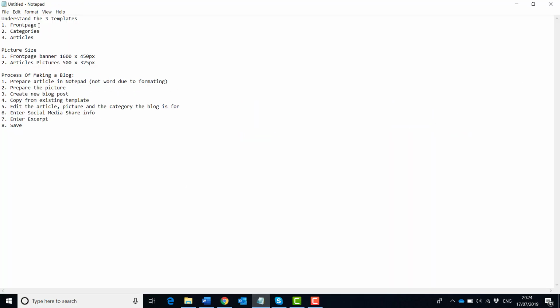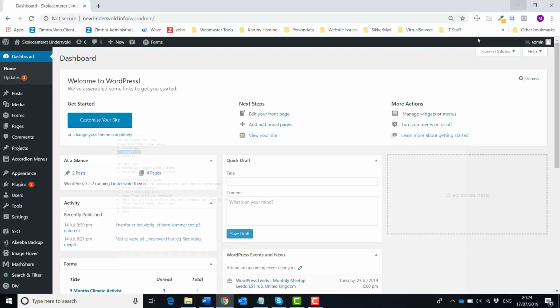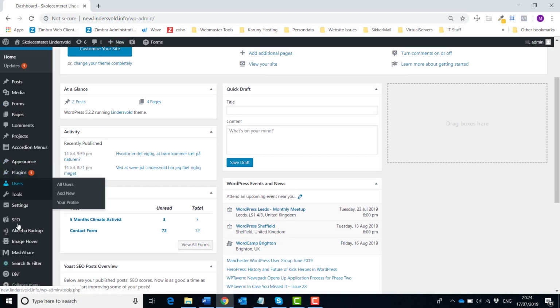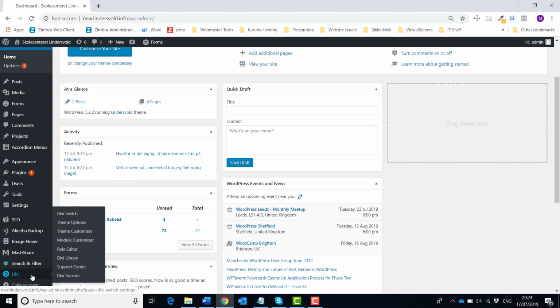So we're on the front page. The categories is a little bit of an unorthodox way of making it, because normally WordPress wants to use its own category page, which does not look very nice. And to overwrite that, we have to go to the DIVI library,